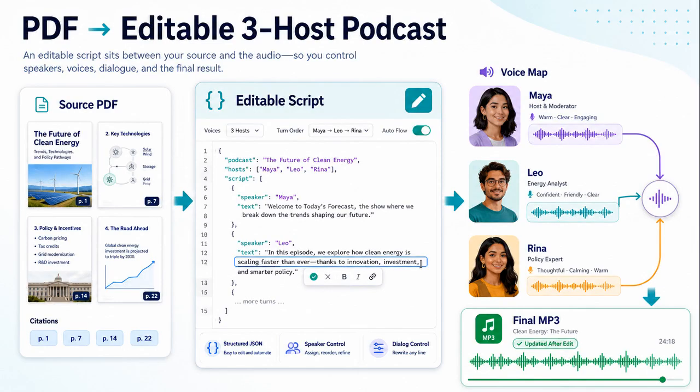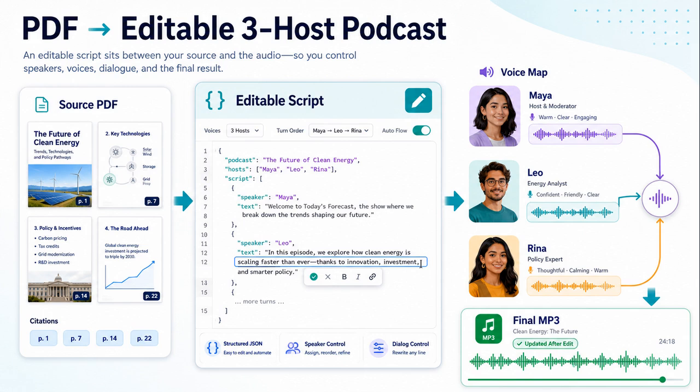This project turns a PDF into a conversational audio overview with 3 distinct speakers. Unlike a fixed hosted experience, the script is saved as JSON before any audio is generated. That means you can rewrite a weak explanation, add a third expert, change the tone, or replace one voice without starting again. The pipeline extracts source text, identifies grounded insights, writes a structured conversation, renders each turn, and joins the